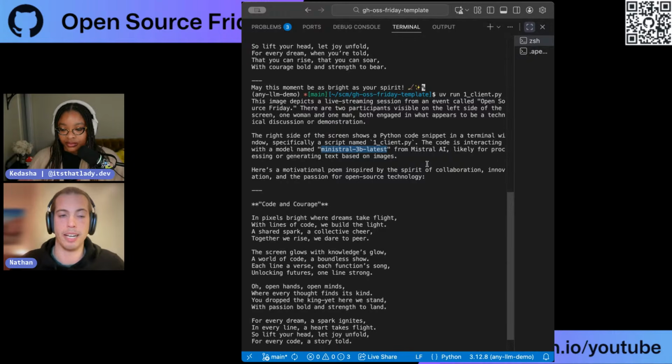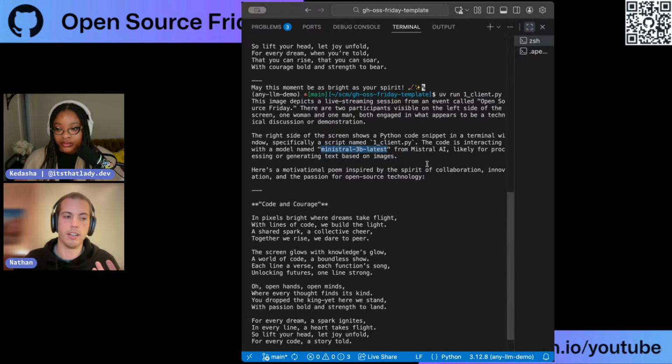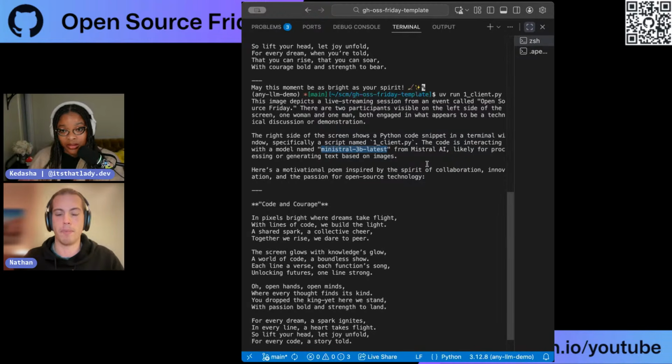There's still a way to go to make it easier, but the big ones that enable downloading models locally are, I'm biased, but I'll say Llama file, because it's a Mozilla AI project where literally you go to a website, you download a file, and then no matter what system you're on, Windows, Mac, Linux, you run that one file and you have this LLM running locally. That's all. You download a file, you're good to go. Nice. And the other one is Ollama, another popular application that you can run, and they have a registry where you just click a button and it will download one for you.